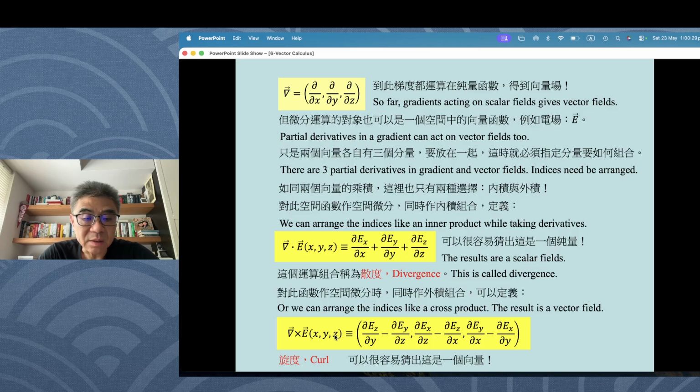Therefore, you expect this thing we just defined as a vector field, instead of just a scalar field. So that's the difference between the two definitions. So the second definition will give you the curl. In Chinese, it's called 旋度. In English, it's called curl. It will indicate, we'll see very soon today,